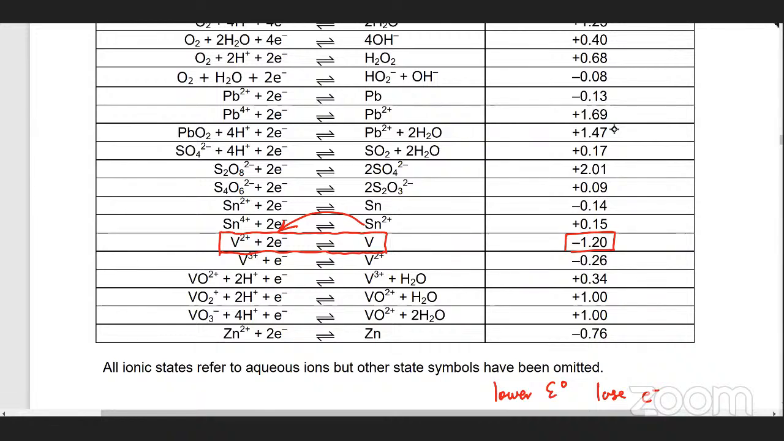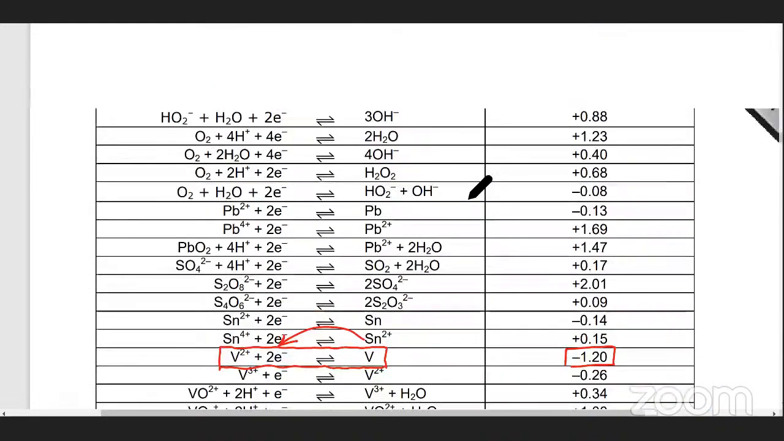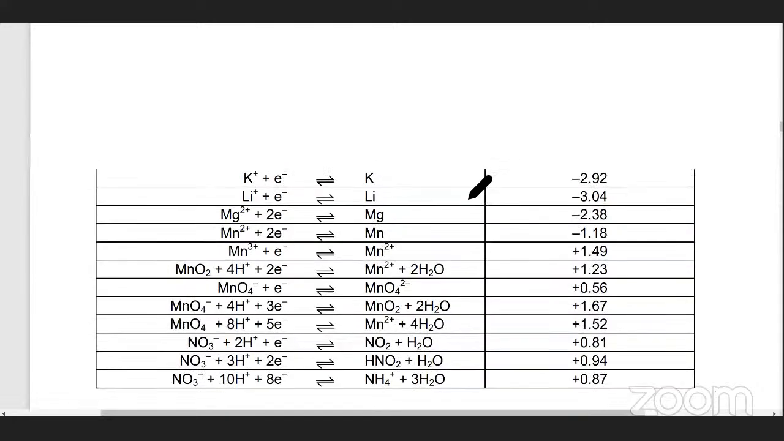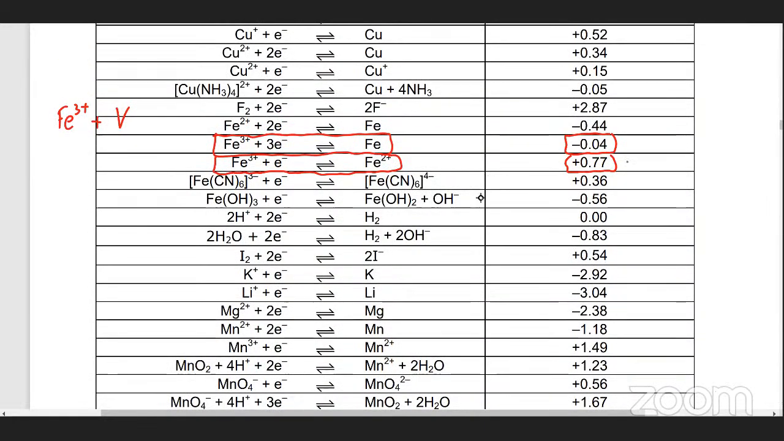And the other thing is the one with the higher potential is the one that likes to gain electrons, or has the greatest tendency to gain electrons. So out of these three equations, which one has the highest potential? If you go back, it's the 0.77 one, that has the highest potential. So basically, I've figured out the reaction that's going to happen. Fe3 plus is the one that's going to gain 1 electron because it has the highest E naught. It has the greatest tendency to gain electrons out of the three. And vanadium is the one that's going to lose electrons, that has the lowest E naught and the greatest tendency to lose